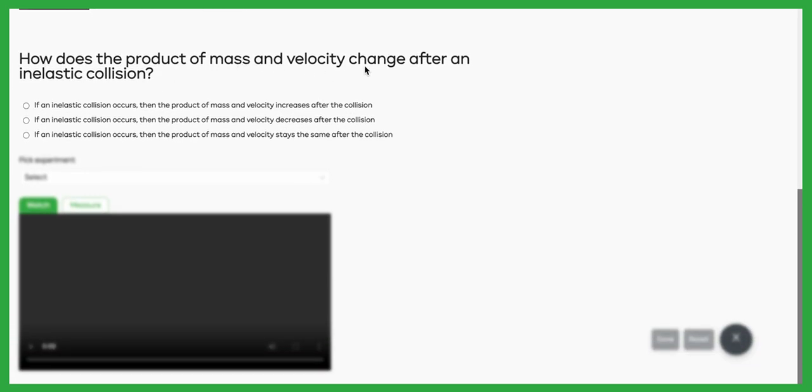How does the product of mass and velocity change after an inelastic collision? So something you're going to have to look at in this lab when you do your analysis in the lab report, what was the mass of each of the gliders that were colliding? And you're going to have to calculate the speed of those gliders based on the data on your graph and your data table. So first things first, let's go ahead and grab a hypothesis we'd like to test,